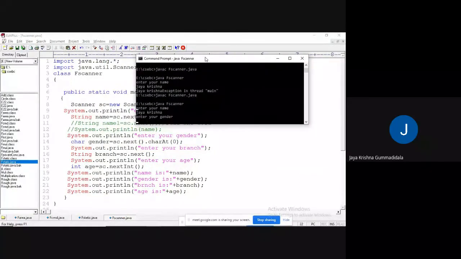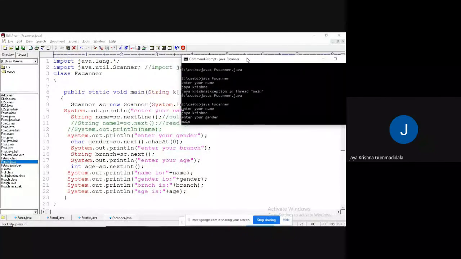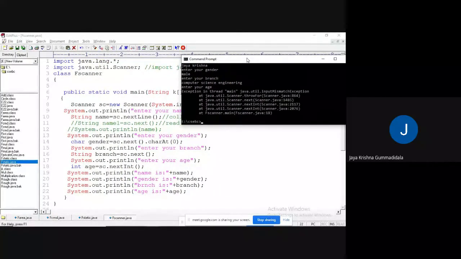Enter your gender. Even though I am entering a string, it is going to take only the first character. Enter your branch. Even though you are saying computer science and engineering, what will happen? Now you got an error.